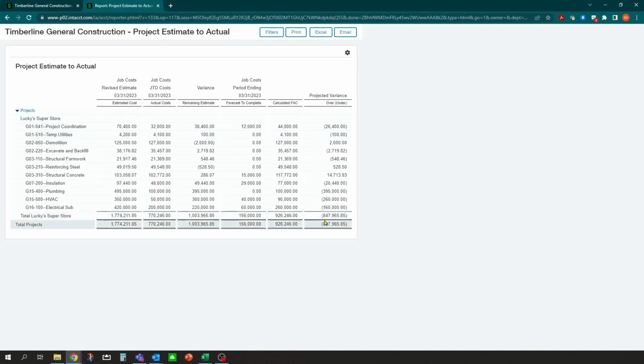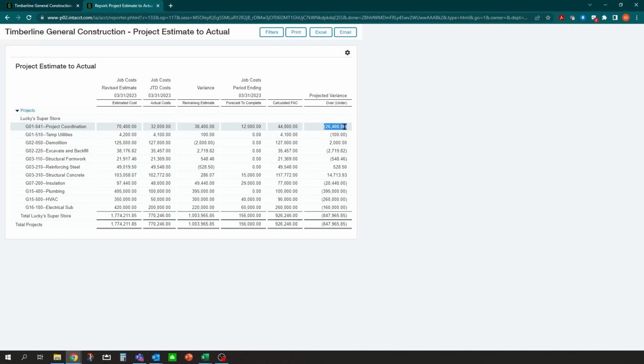And now these numbers look a lot better, but you'll notice here we have our budget. For the first line, we have actual cost to date. It says we have 38,000 left based on our budget, but when the PMs did the forecast to complete, they only forecasted 12,000 remaining. So that gave us a calculated forecast of 44,000 and gave us a budget variance of, we are under budget for that line by $26,000.